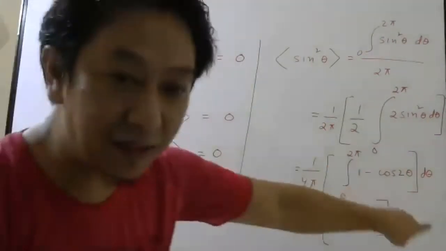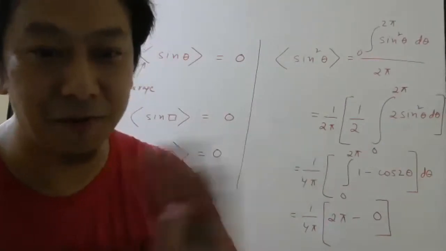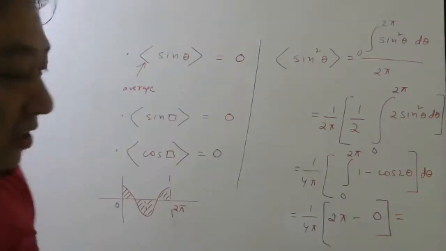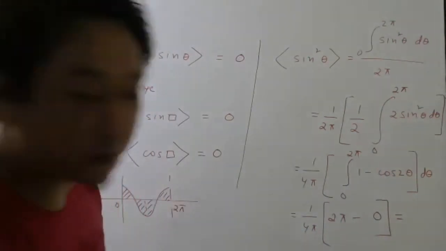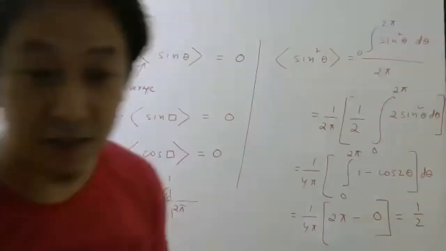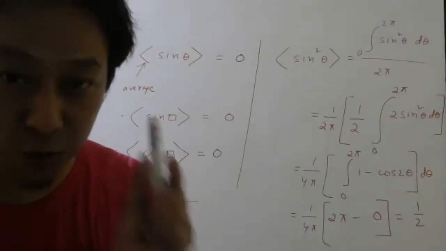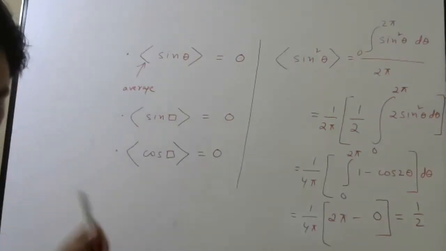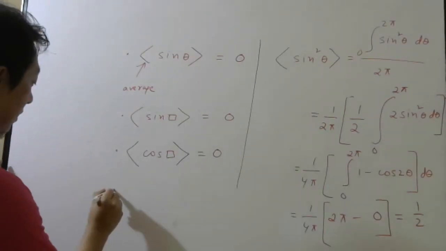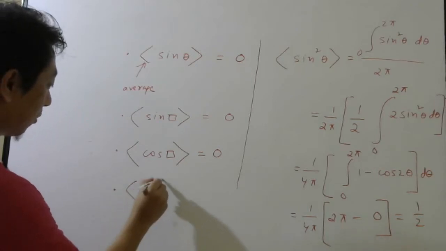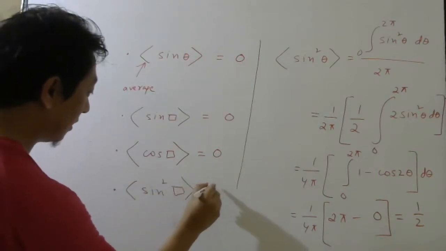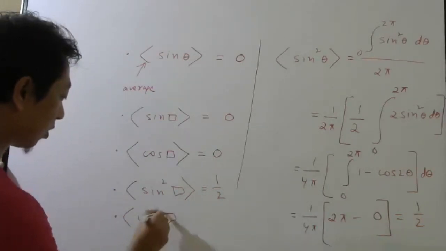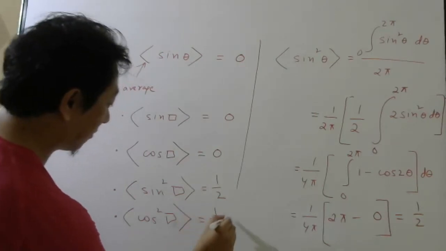Okay, so you can try this as a mathematics exercise. But for physics, we don't need it. Final answer is what I want. What is the final answer? 2 pi divided by 4 pi is half. So this is one of the most important numerical values that we have to remember. So integral of sine square of some angle is half, or cos square. Repeat with cos square, I will not do. You will get half.